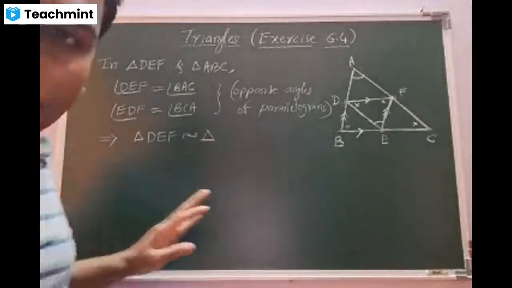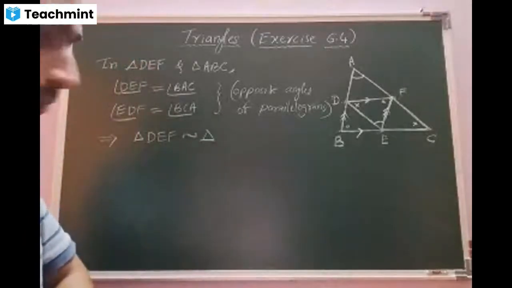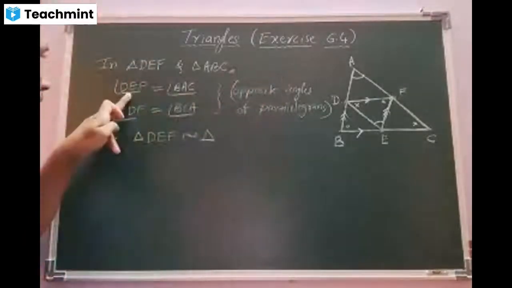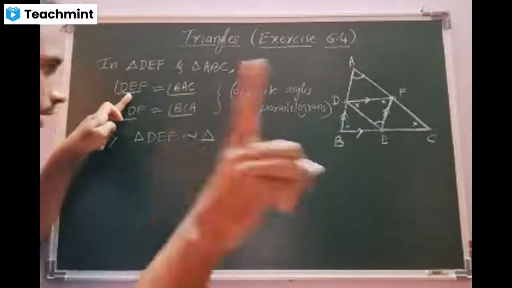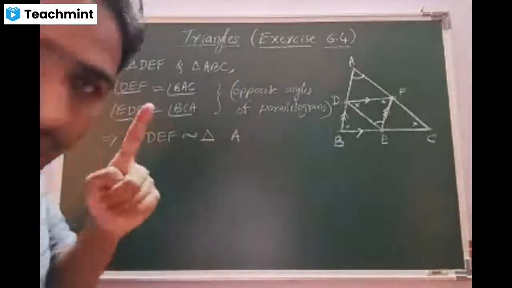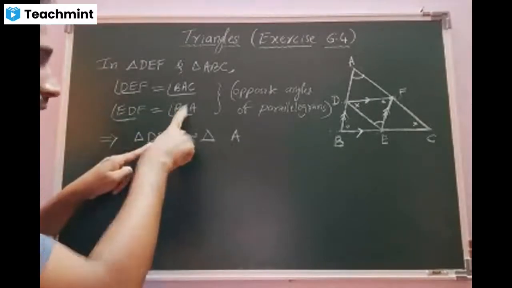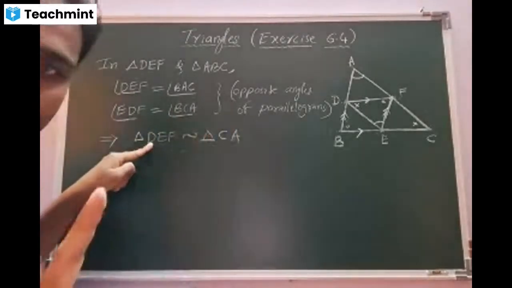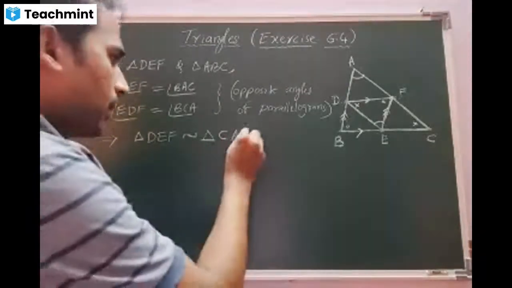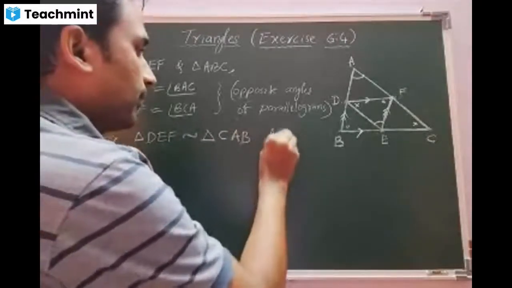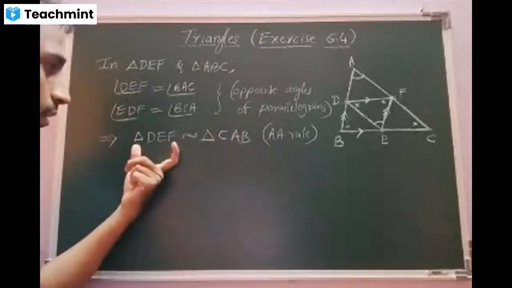Beta, now don't write directly ABC because the order is going to matter here. Correct, beta? Look at it. E is equal to A means if E is in the middle, A should be in the middle. Correct? Angle D is equal to angle C, beta. Look at the position. If D is at the starting, C should be at the starting. Correct? Now C and A is over. What is the letter remaining, beta? D. So the triangle CAB is similar to the triangle DEF.